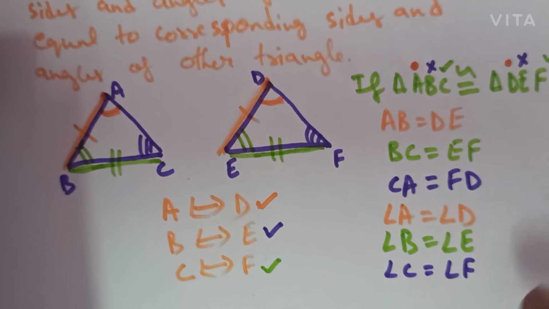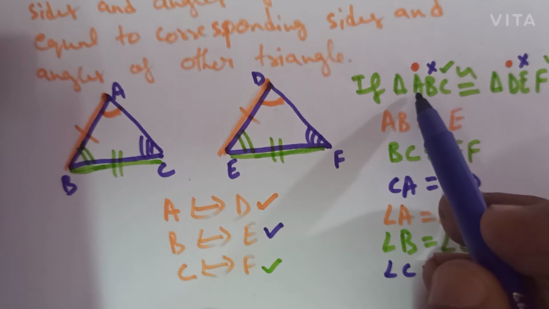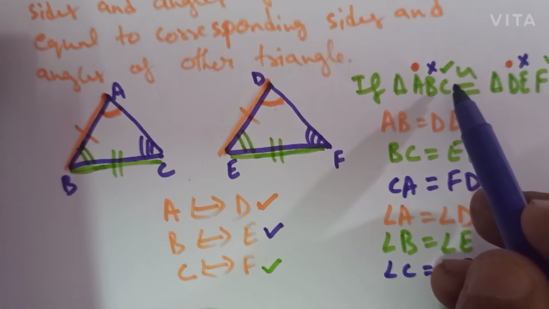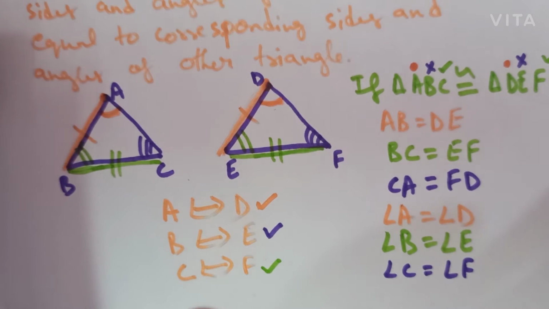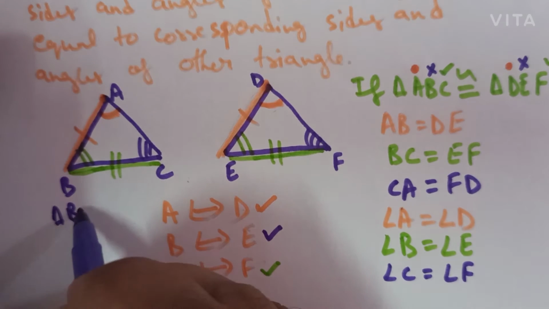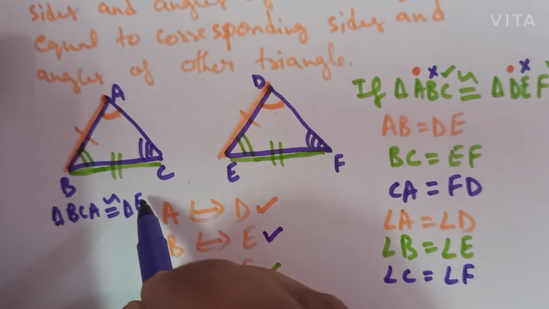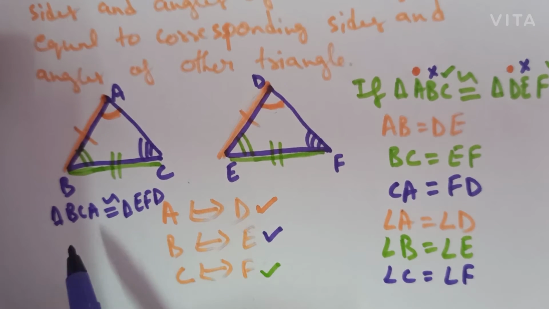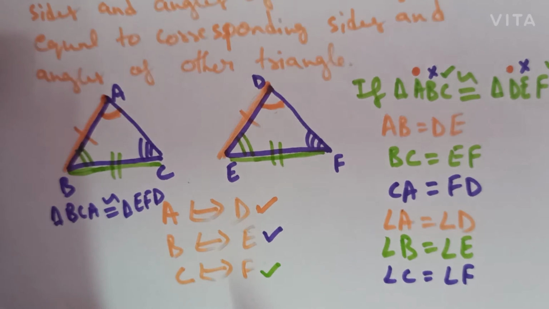Similarly, this statement can also be written in some other form, but we have to make sure that the corresponding vertices should match. Like if we take A to the right side of BC and take D to the right side of EF, we can also write triangle BCA is congruent with triangle EFD. So here also the vertices are matching. B is matching with E, C is matching with F, A is matching with D. All the three vertices are matching.